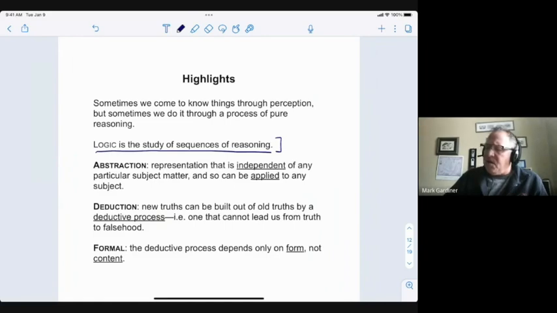The three main elements that come out of that film clearly, that will come up for us again and again in this term, are these. First of all, the logical processes of reasoning involve a considerable amount of abstraction. So we can represent ideas and beliefs and claims, and representation from a logical point of view is abstract in that it is completely independent of any particular subject matter.